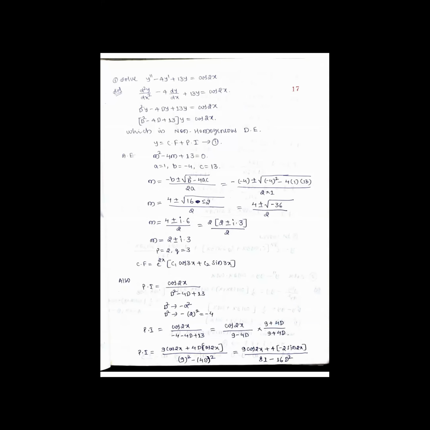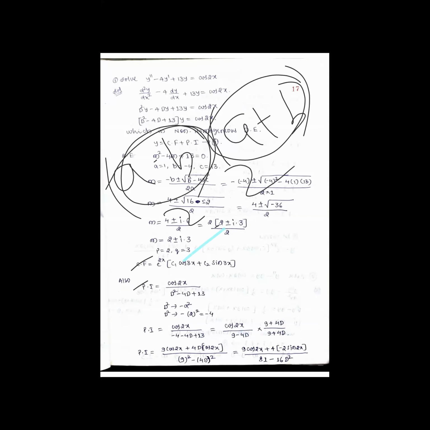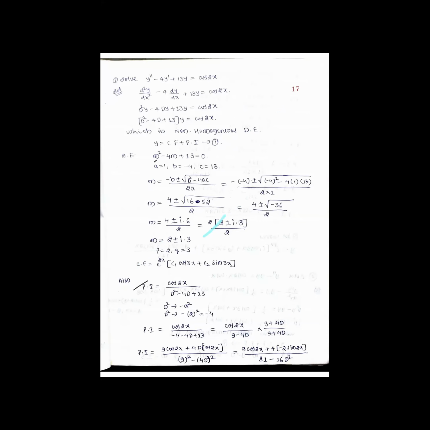A plus b into a minus b can be written as a square minus b square. That I'm applying here. So the particular integral is equal to